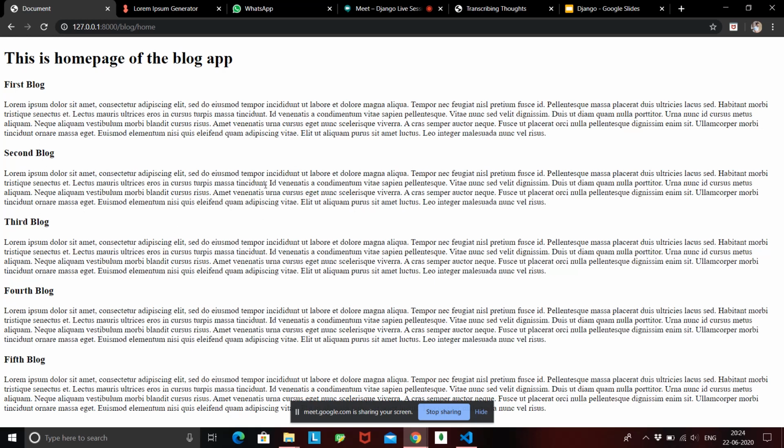Okay, so yeah, this is how you create a front page of your blogging app. It is that simple. We just created these blogs inside our admin page, and we are just rendering out whatever is stored inside our database into our front page. This might not look very good to you guys. We'll be designing it with Bootstrap later, but make sure everything we have done over here is understood, because this is how we will be handling the database inside our views. Okay, is it clear to everyone how we created this simple front page? Any doubt till now?